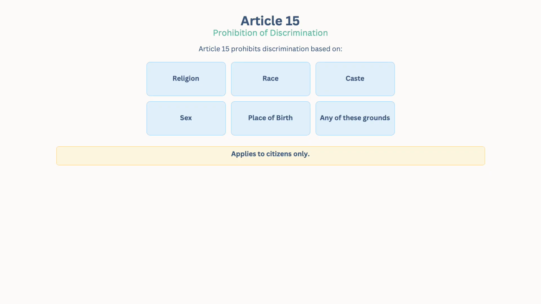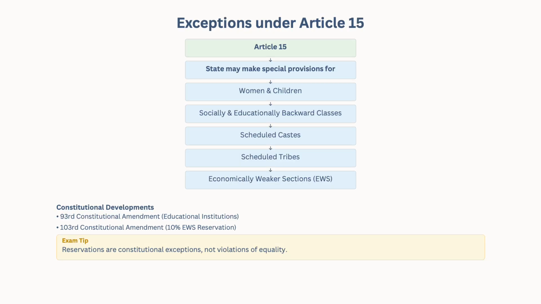Since we're in Nagaland, we are not aware of it too much, because in the Naga society, discrimination is something that's unheard of, right? I mean, we do it ideologically, but for them, it's direct discrimination. Whatever may be the case, it talks about prohibition of discrimination on grounds of religion, race, caste, sex, place of birth, or any of these grounds. It applies only to Indian citizens, okay?